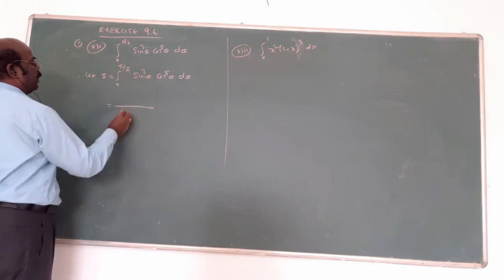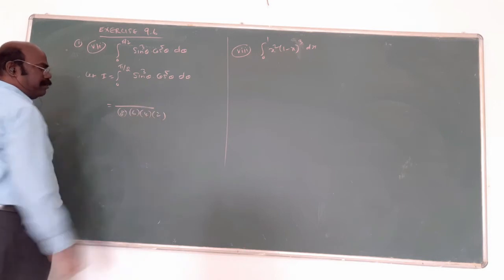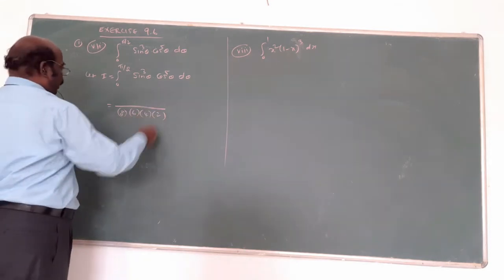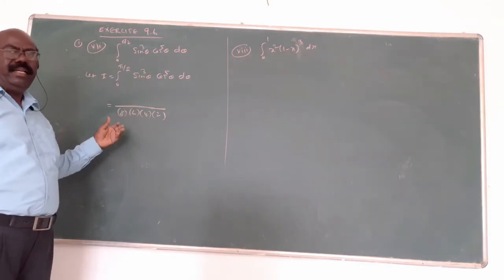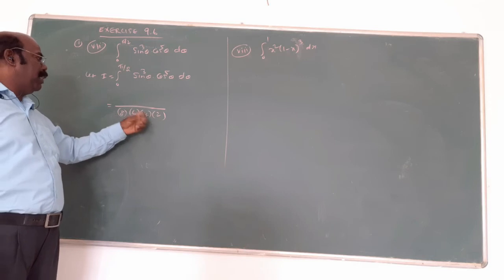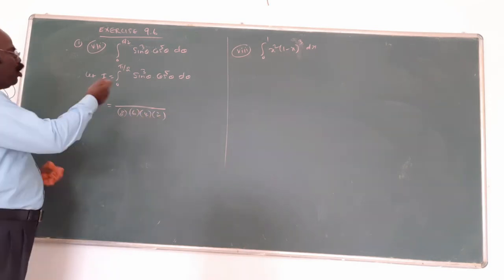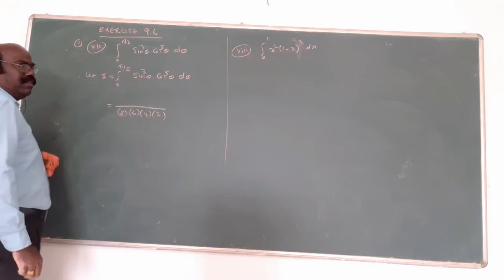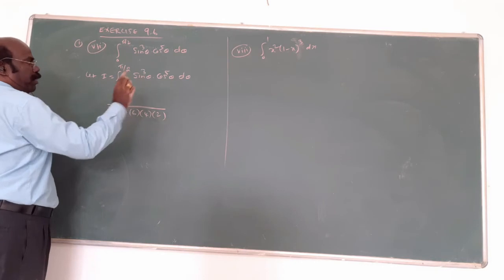Denominator 3 plus 5, 8. 8 into 6 into 4. Am I right? Very simple. The power will be added to the 8. Then the 8 is reduced by 2, then 6 is reduced by 2, then it is reduced by 2. Next number 0. That's why we denoted 0. If denominator power 3, now reduced by 1, this 2. That's all.